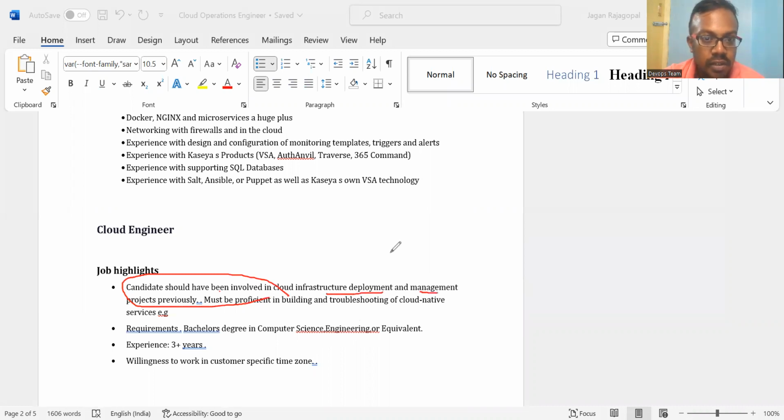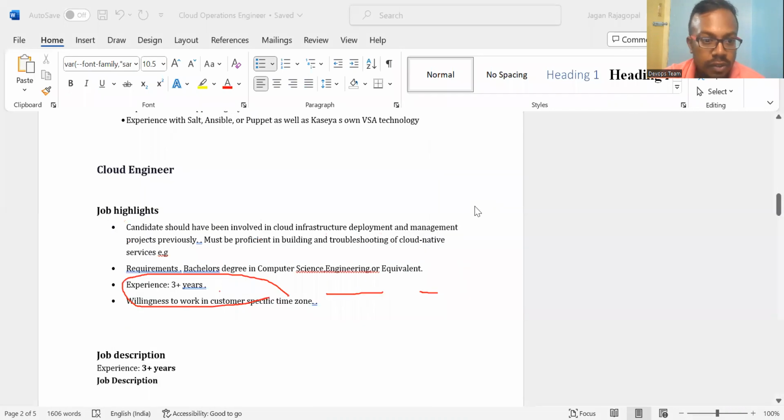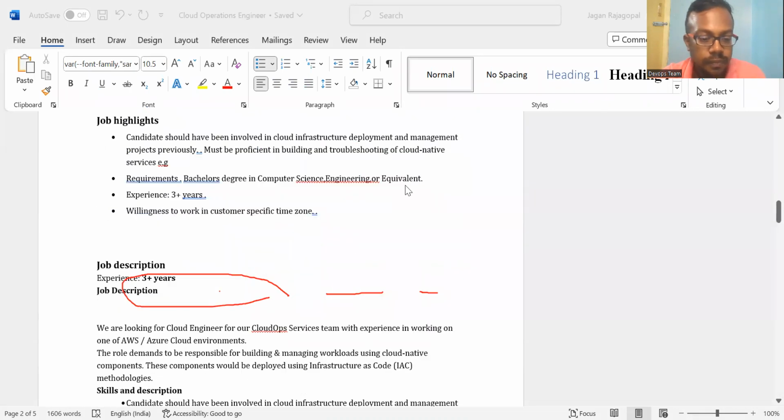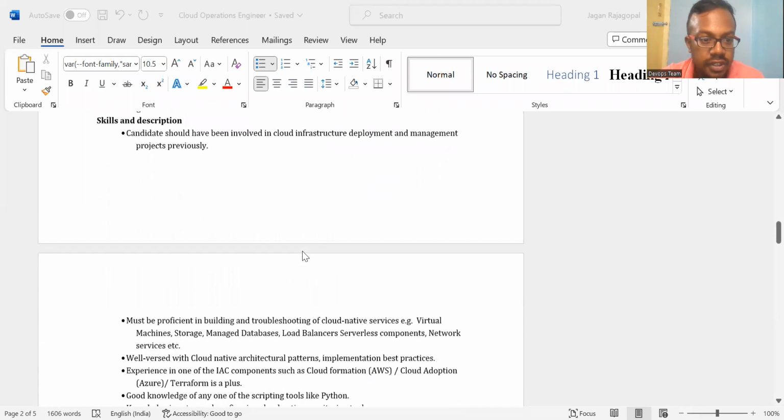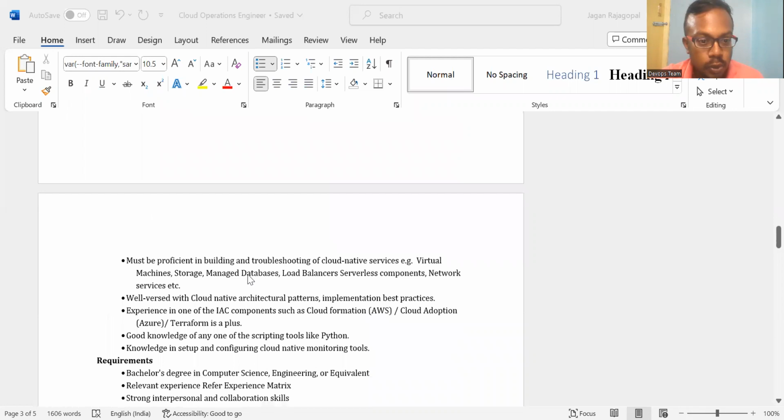Mainly they are managing the infrastructure and deployment, and you deploy your infrastructure, like machines or any kind of services which you are using in the cloud. It may be your database.